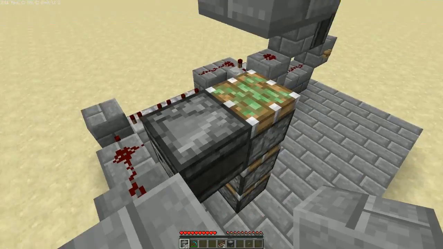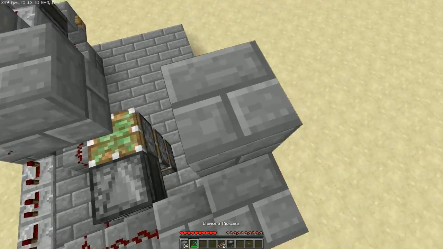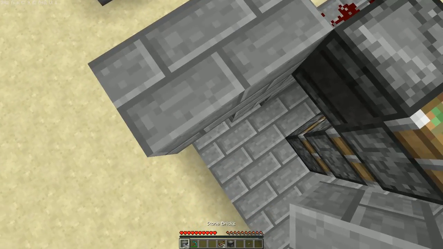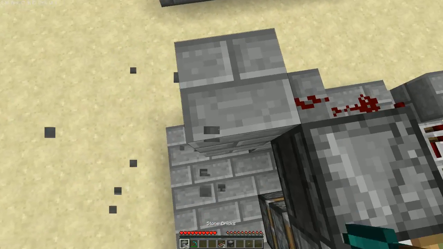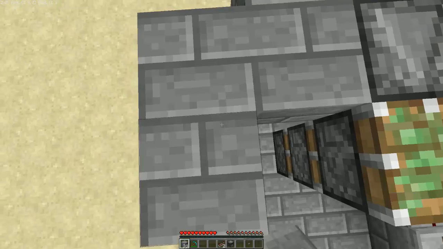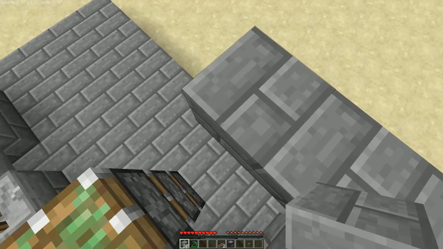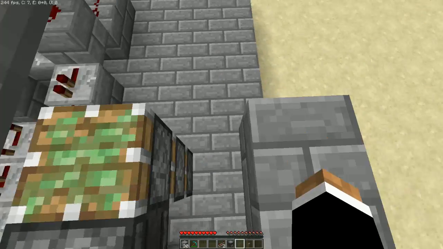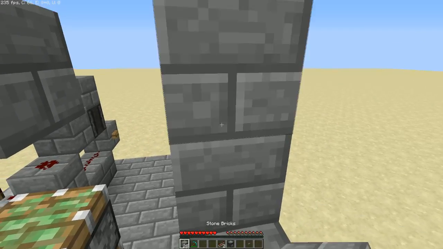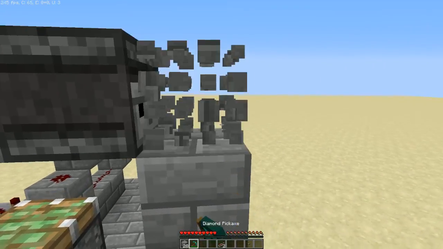up again, and then up again, and up again. Oh my gosh, I keep going much too far up. No, you're going to have to go right there, or actually no, break that, then up right there, and then have an observer in there, and then have an observer facing this block right here, and